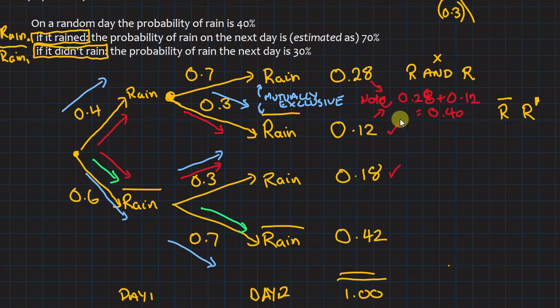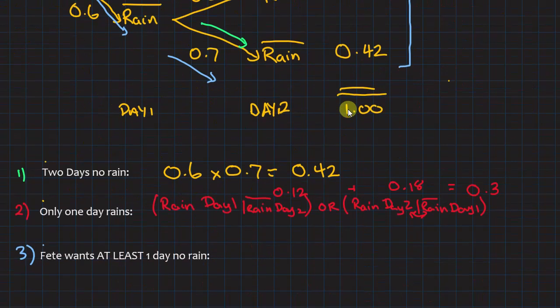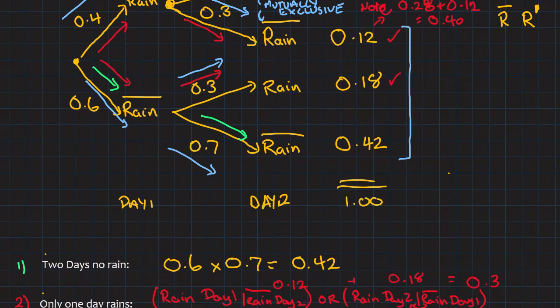If we have a look at them, that probability is 1 less the probability of it raining on both days. That's the 2 ways of calculating it. So we've got a choice of